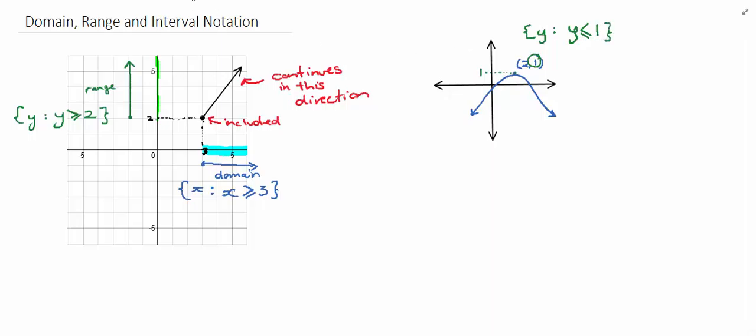Now in this case, if we have a look at where we have x values, we can see, well, we currently have x values for the whole section of the graph we can see, but because we've got an arrow on each end, that just means the line is going to keep going on in both directions, which means that we can have all values of x. And the way that we represent this in writing our domain is we write x and we just say x is